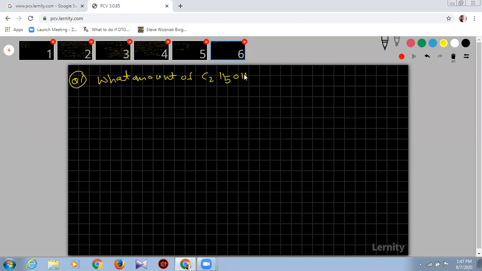Assume it as a non-volatile. Okay, assume it as non-volatile. Must be dissolved in 1 kg of water,